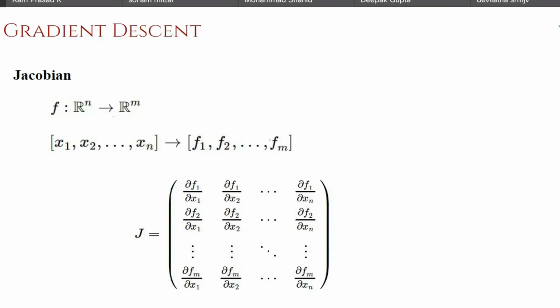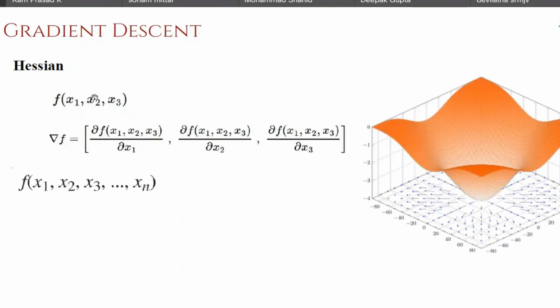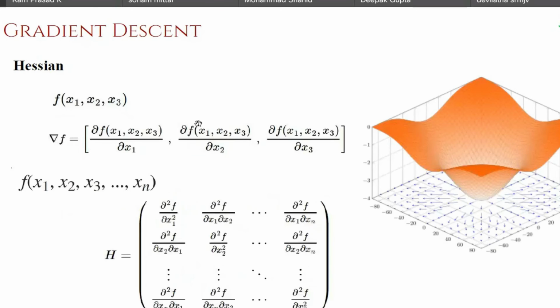We can also do one more derivative on the first order differential, and so we will end up with second order derivative. So if you take a multivariate function, you apply second order derivative to a function, then that matrix is called Hessian matrix. So Hessian is nothing but the second order derivative of a multivariate function. So this is the first order derivative of the gradient, which is this nabla f. And say, for example, you apply one more derivative on this, you will end up with second order differential. And this is called Hessian matrix.